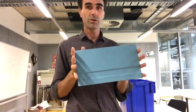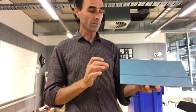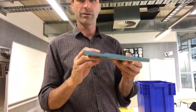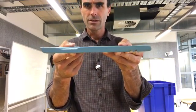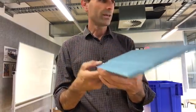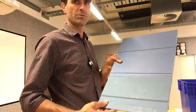But there are plenty of things that you can do with fibre cement sheet. So this here is actually that Prime Line weatherboard that you're requested to research for your project. It has this sort of profile. If I stick it sideways to the camera, you'll see we've got a bit of a recess there, and then we end up having a whole series of boards laid on top of each other to produce a wall cladding